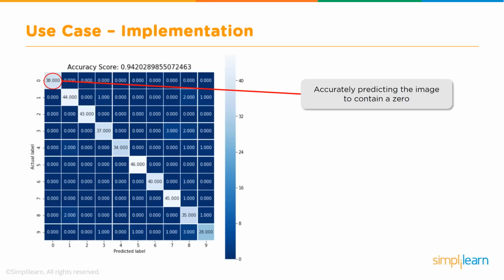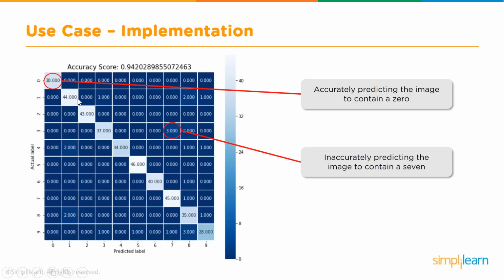Okay, so we are showing a little bit more information here. 38 have been predicted, and here you will see that all of them have been predicted correctly. There have been 38 zeros, and the predicted value and the actual value are exactly the same. Whereas in this case, there are, I think, 37 plus 5, 42 that have been fed the